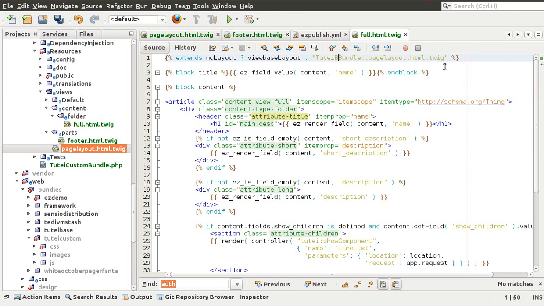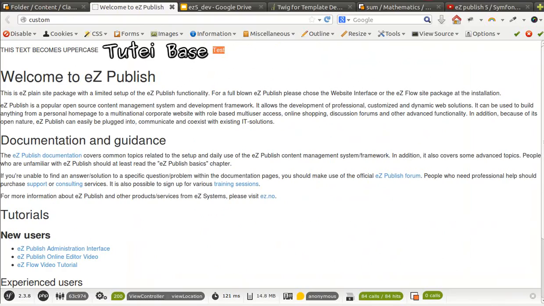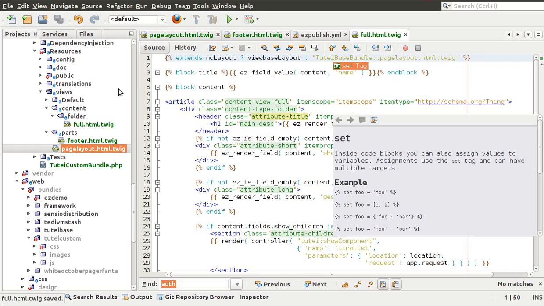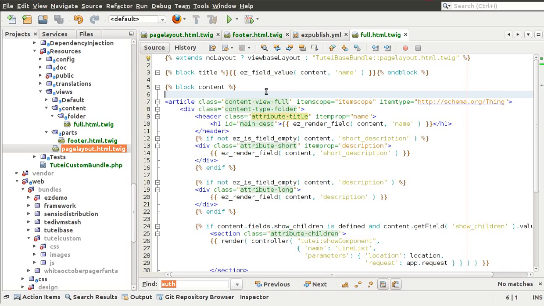Also we need to test if when we change this, it will override this page layout here as well, I believe. So let's try again, and yeah, so we can specify to override this page layout or the base bundle page layout. As long as this bundle extends the base bundle, it has the same effect. So for this tutorial, that is it. I hope you enjoy, and check the other tutorials for more information about the template override system and Twig helpers,